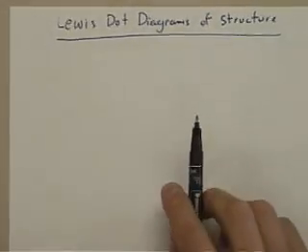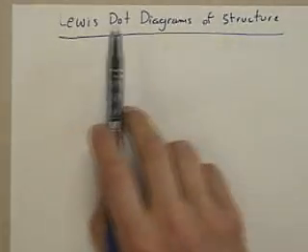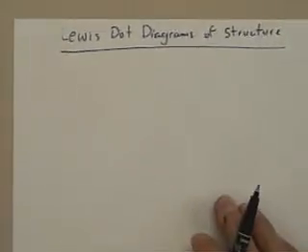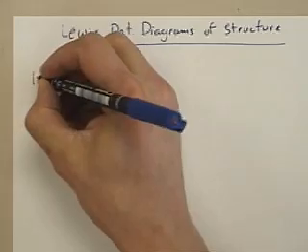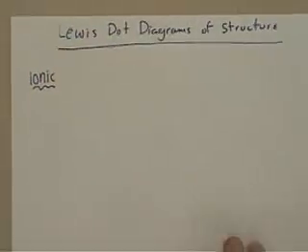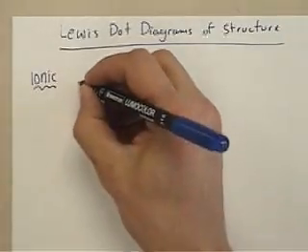Okay, Lewis dot diagrams of structure. When I say this, I mean I'm going to use Lewis dot diagrams to actually show structure of atoms. Okay, we're going to start off with just an ionic bond. So we're going to take two very, very simple